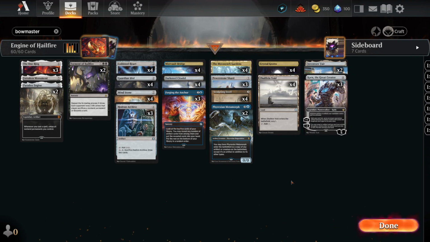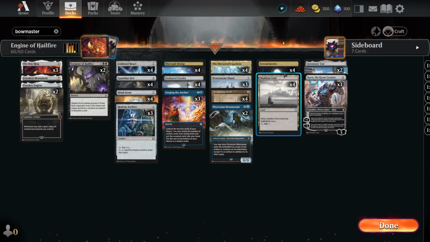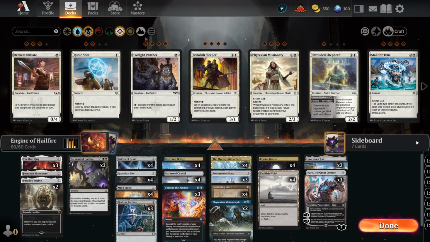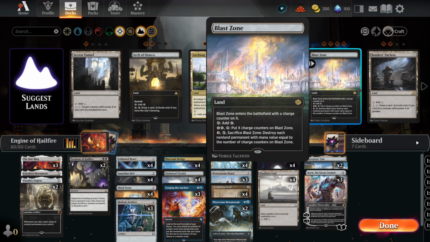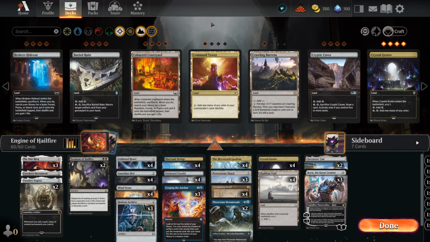And just a good colorless land, like I said. These two are probably the easiest to swap out to other utility lands, like a Blast Zone, or let me pull them up. Blast Zone is very common. Extra piece of removal. Buried Ruin